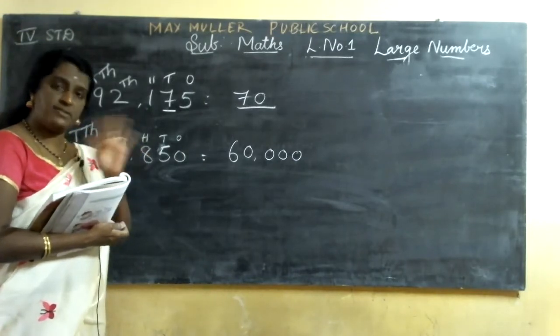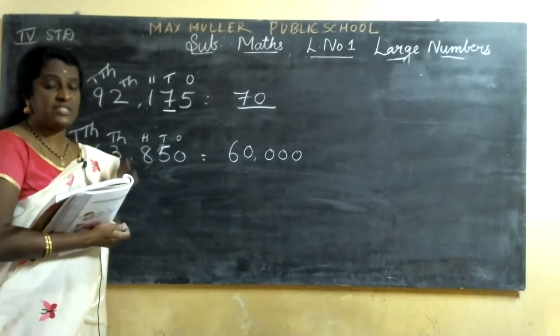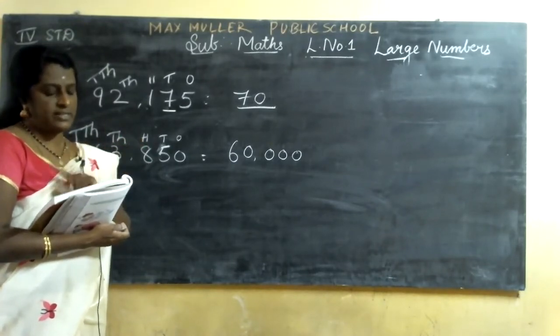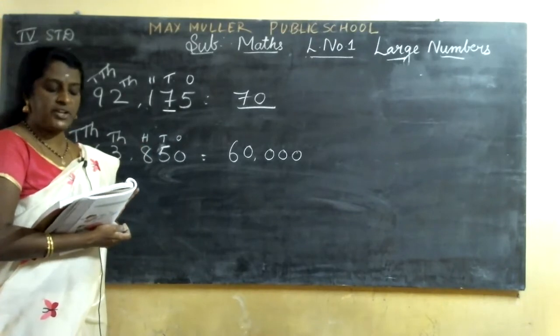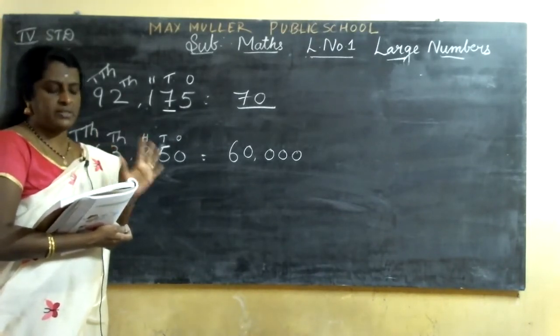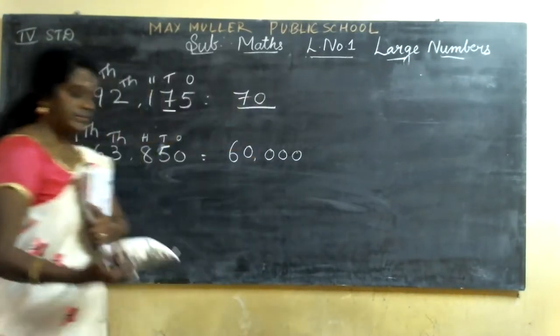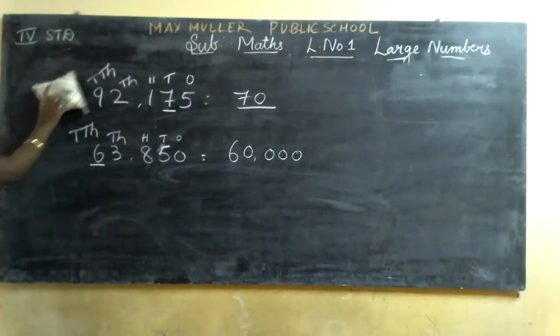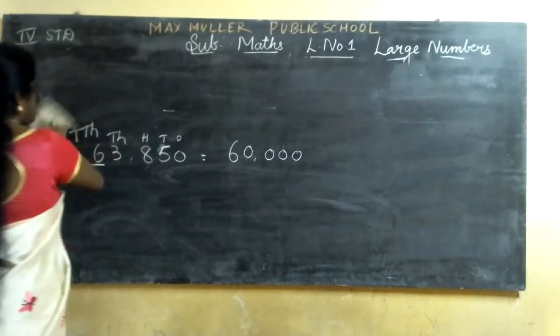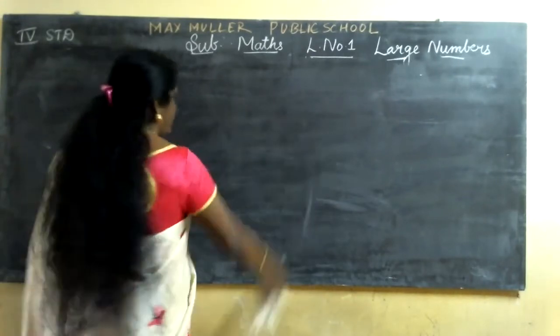40,859. In the 0 place, write 0 only. Fourth one, 82,160. 10 plus 6, write 60. Last one, 45,890. 5 is in the thousands place, so write 5,000. Okay, children, complete all. You should complete it because it is all very easy. Still, you are not small children. You are all grown up, 4th standard.